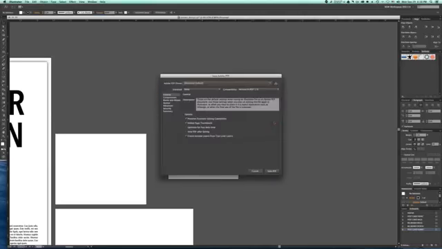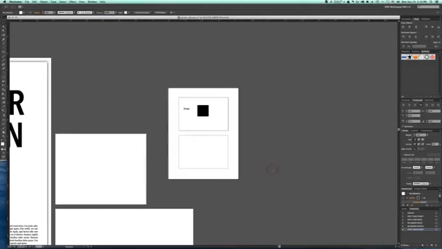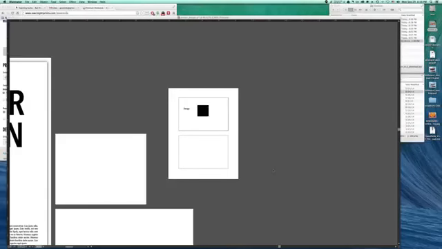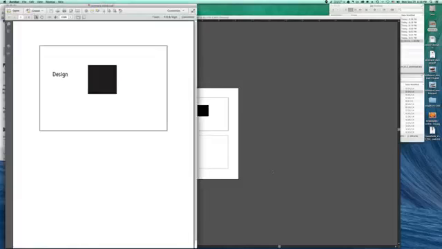And we'll click Save. And let's open that after we're done, just so we can take a look at it here. And so there's our postcard layout. So it might not hurt to,